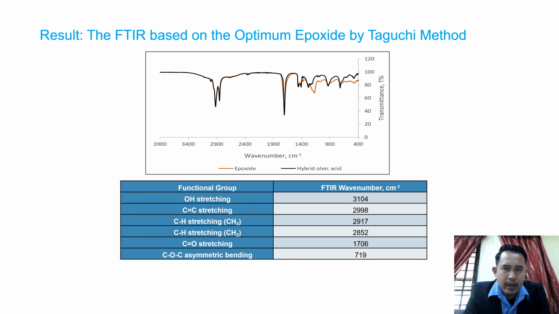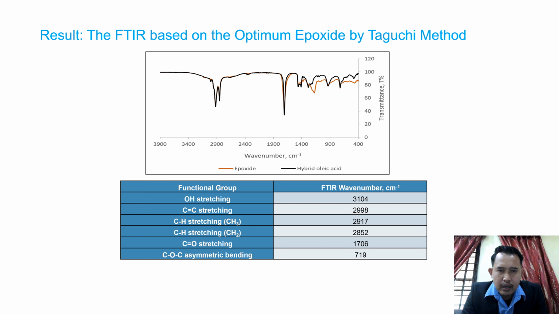So this is the FTIR for epoxide based on the Taguchi method. From this figure we can compare the epoxide and also the hybrid oleic acid. Based on this result, it is shown that the OH is formed at the 3104 wavenumber, which indicates the formation of a polyol group. We also see the C double bond stretching at 2998, which